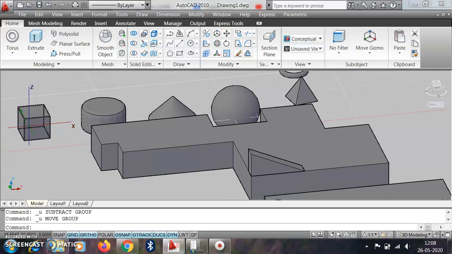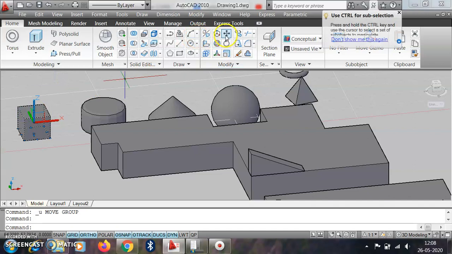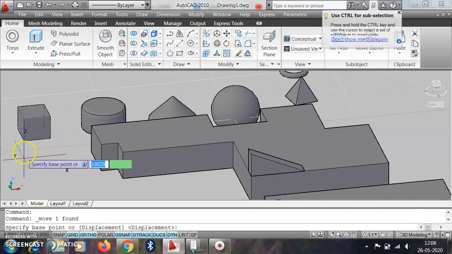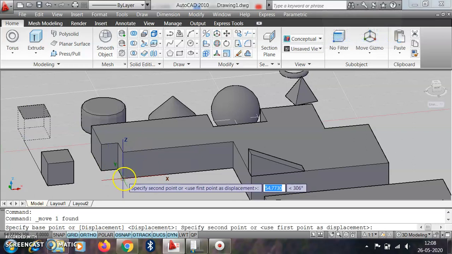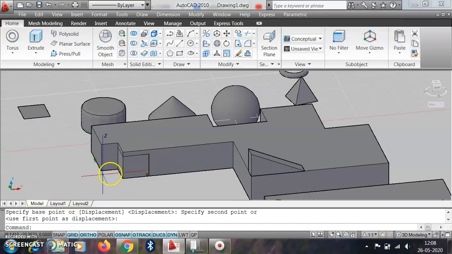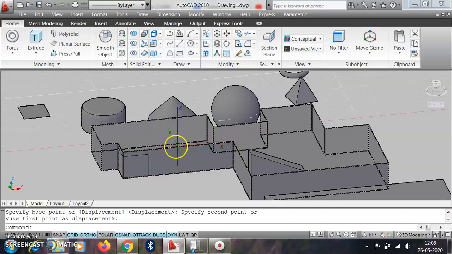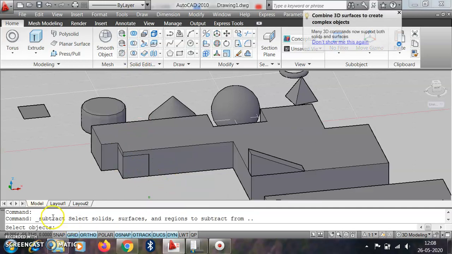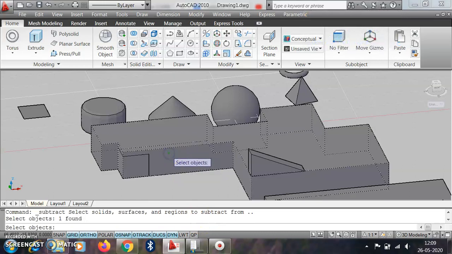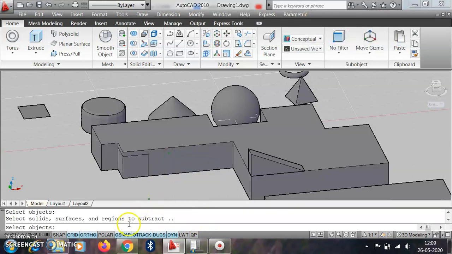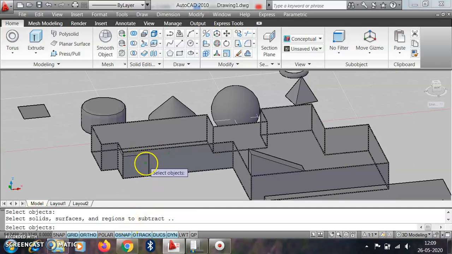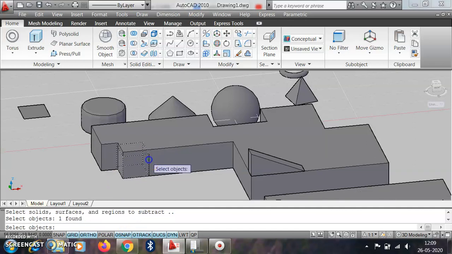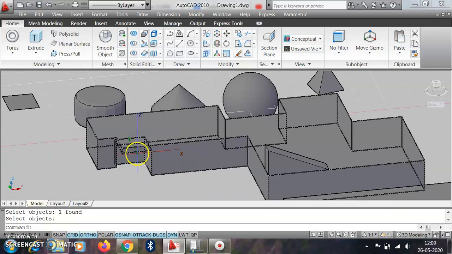Suppose we copy or move this object from this point to this point, and we have to subtract this portion from this entire portion. Then we choose the subtract command, and the software asks from which object you have to subtract. Click this one, then enter. Then it asks which portion you have to subtract, so we select this portion, then right click or enter, and this part will get subtracted.